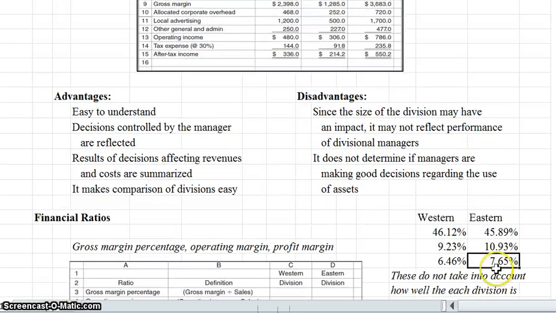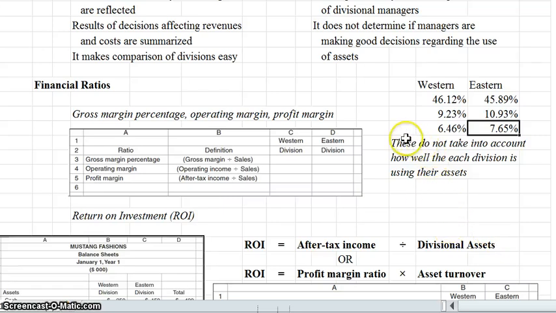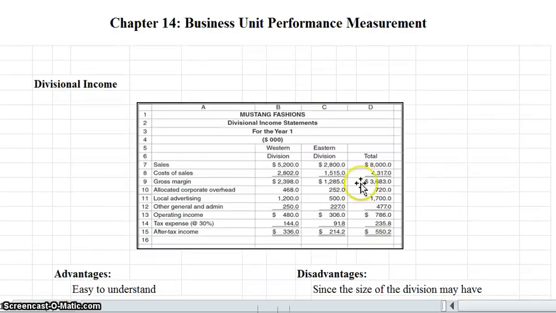But when we change it perhaps to profit margin, then we would see that the Eastern Division is actually outperforming the Western Division because they are actually keeping more of their sales for profit. But we are noticing another big thing is that these financial ratios do not take into account how well each division is using their assets. So for example, we could say that, oh, the Western Division, yeah, they're generating a lot of sales, but they have $100,000 in assets. Meanwhile, the Eastern Division only has $20,000. So when you think of $100,000 versus $20,000, the Eastern Division would be better utilizing their assets to generate a